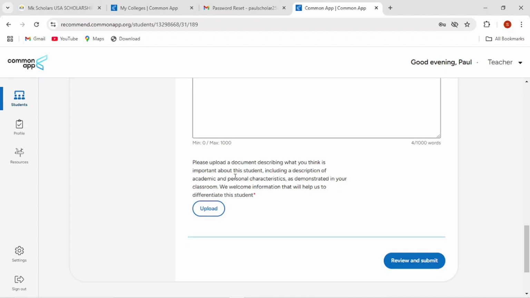But we only did this because of the students who have asked us, the deadline is approaching and we have already submitted the application, but we want to know how you can invite our recommenders, and also how our teachers can fill it out, because our teachers have reached out telling us that they don't know how to use Common App. So for the teachers who don't know how to use Common App, who don't know how to complete the recommender account for their students,